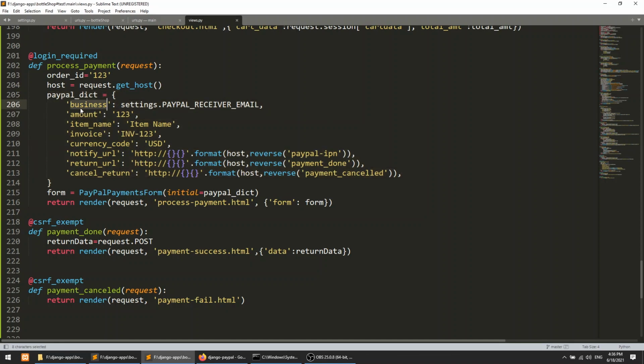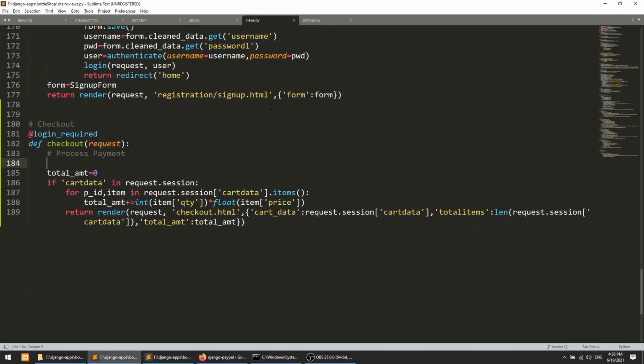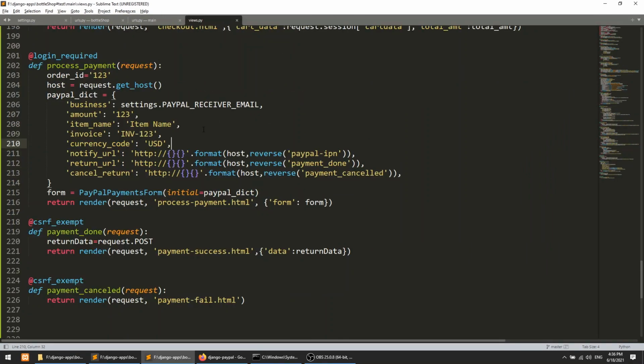This is the business email that we are getting from our settings, and this is the amount, item name, that is what the item is, invoice number, and currency code, because PayPal accepts lots of currencies. You can see the list on their official website. This is notify URL.